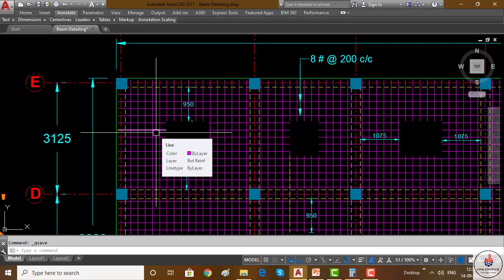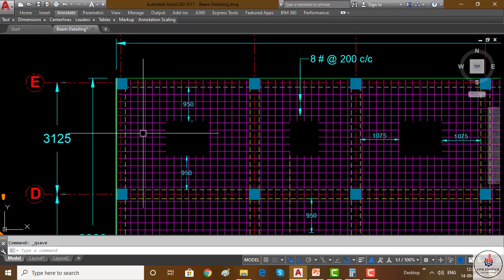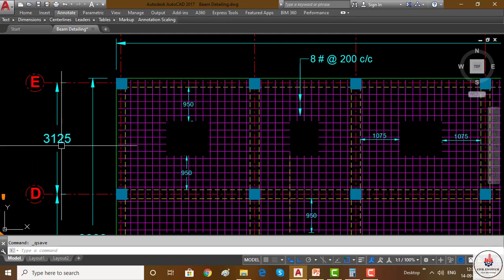Now this curtailment length, which is shown as 950 in the y direction, is 0.3 of the length 3125, as we can calculate by the calculator.